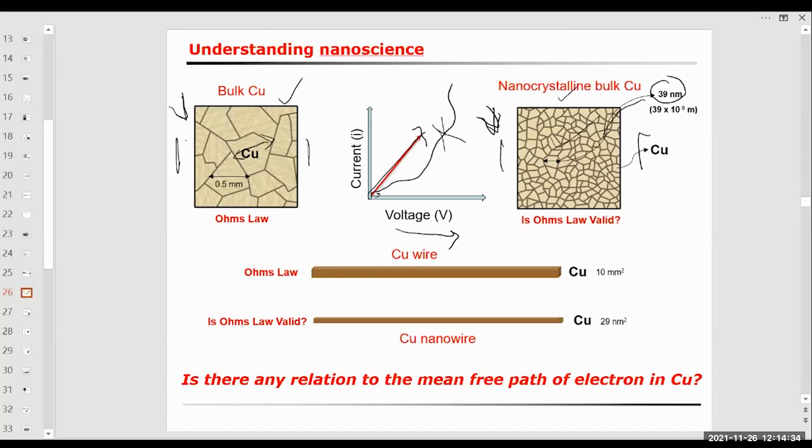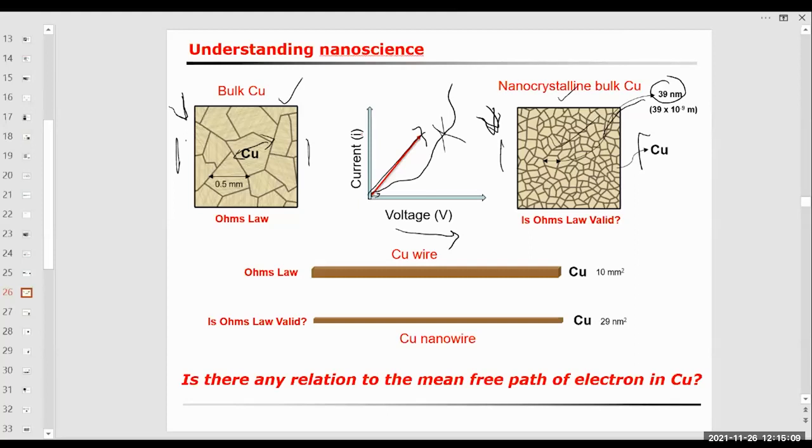Okay, that has changed. So we correlate the change in the behavior, the flow of current in such a material, to the change in the microstructure. And this is a specific number here, 39 nanometers, which is nothing but the scattering length of the electron in copper. If you make grain sizes less than the electron scattering length in copper,